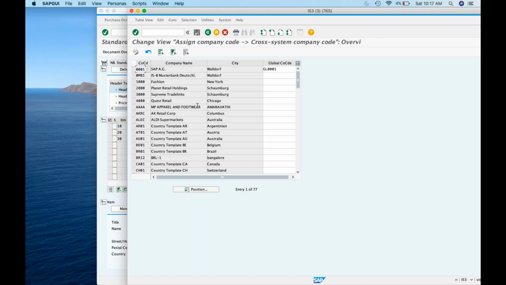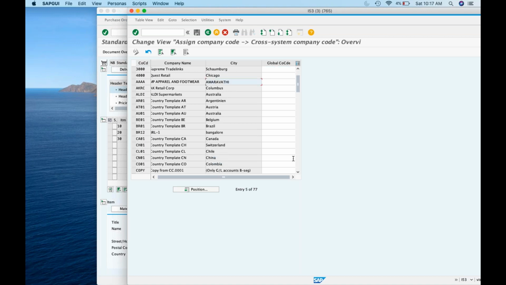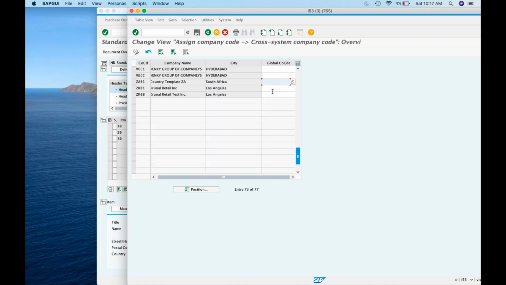We copied from which company code? 1000, right? 1000. Yeah, 1000. No, R300 we copied, I believe. Is it there in our Excel?